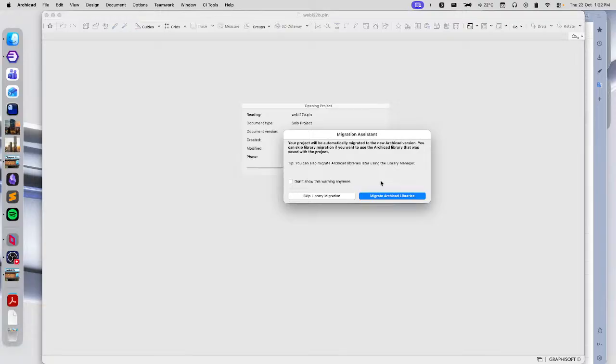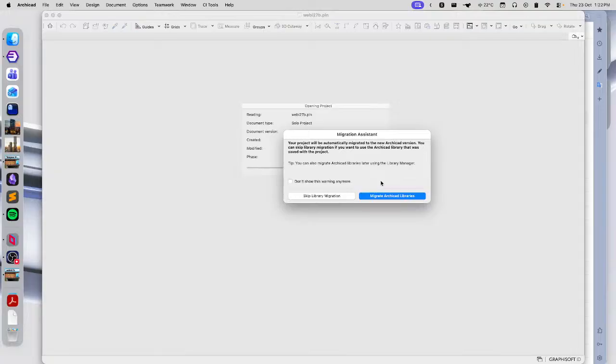doing this migration. The first option is to just load the old format of libraries and continue as you were. This is what I would recommend for any cases when you're migrating a project that is already partially documented in ArchiCAD. So if you have started working on it in 27, say, and you just want to migrate it through to 29 because that's what you're using now, I would recommend sticking with the old library format in that case and finishing the project using the old libraries and then starting your next new project using the